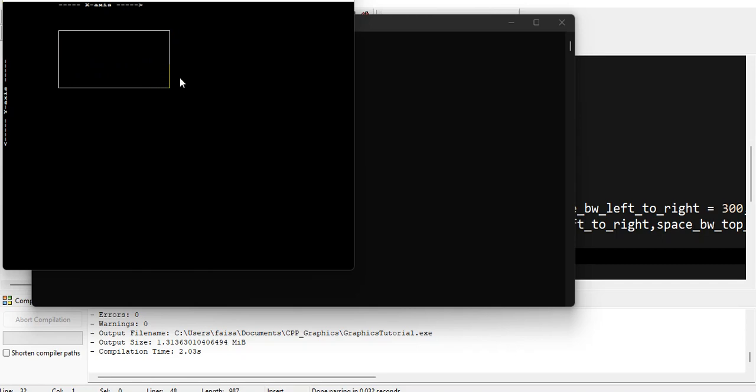So this right line of our rectangle is 200 pixels away from this left side, and this one is our fourth parameter. This is between top, this one, to bottom, this one. So this is 100 pixels. So this was our rectangle, and